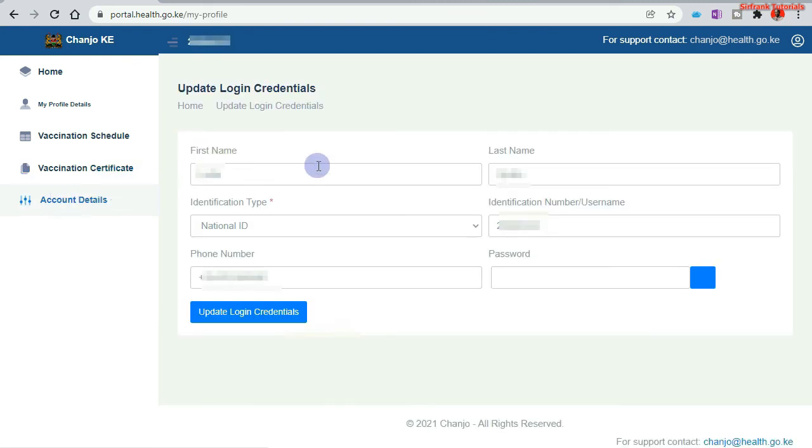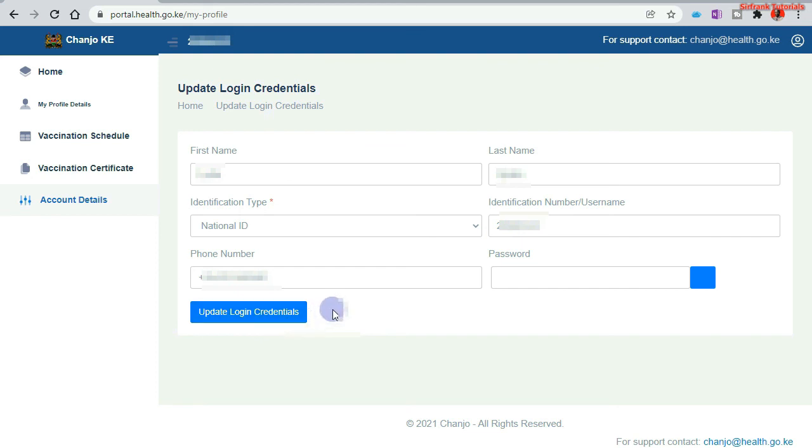You have account details. You can still come here and update your account. You can as well change the password or update password from this section. But before you log in, there's also an option for you to change your password on forgotten password tab. But for that one, you'll get a notification on your phone for security purpose. But once you have logged in, you don't need to wait for the code for you to update. It will be updated automatically. So if you change anything here, click on update,